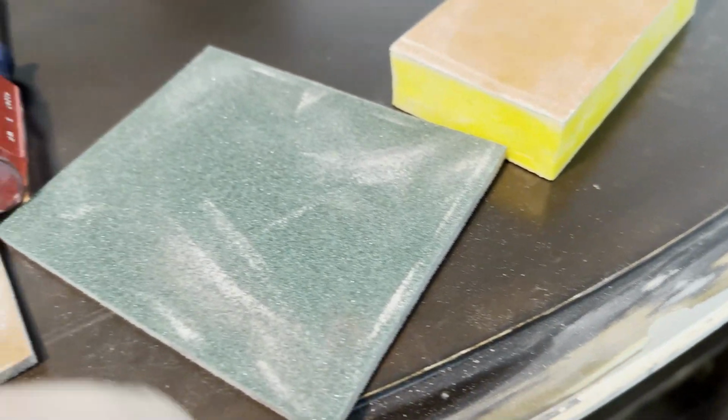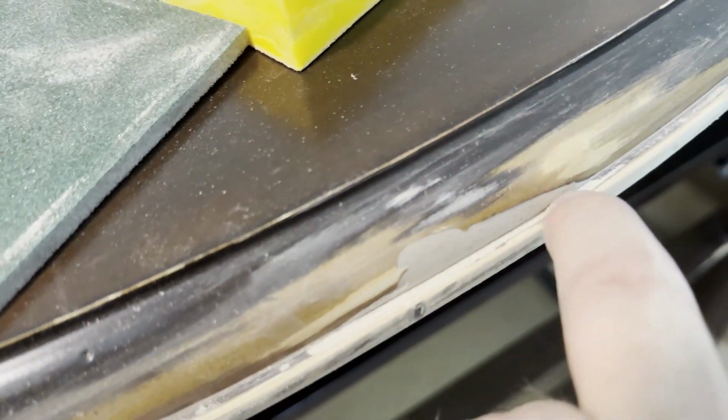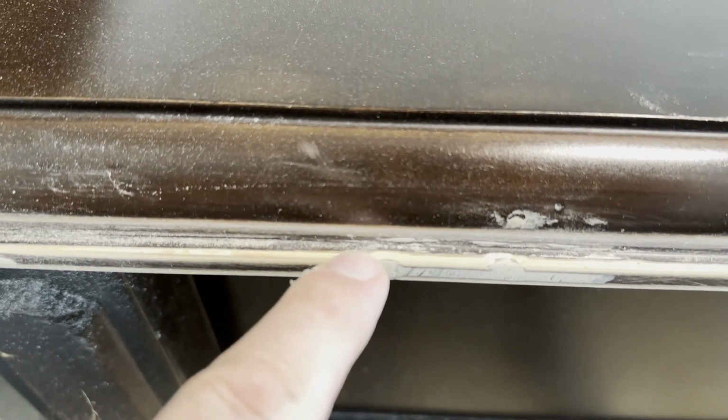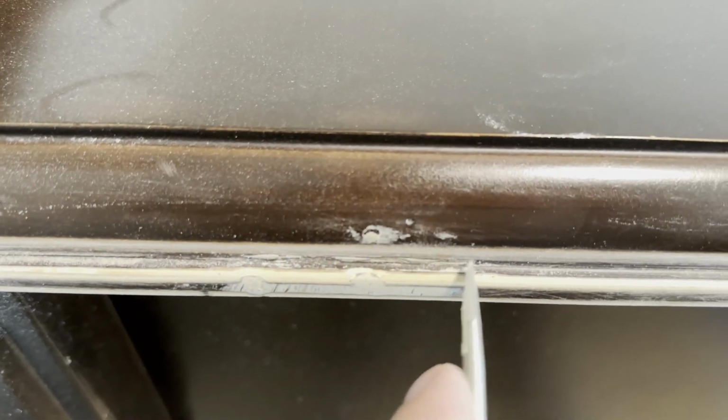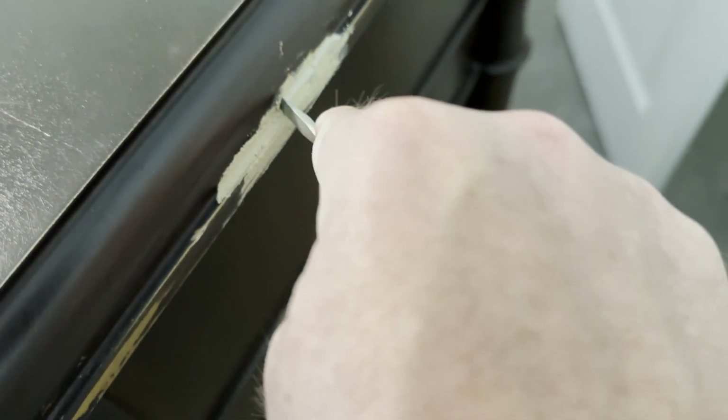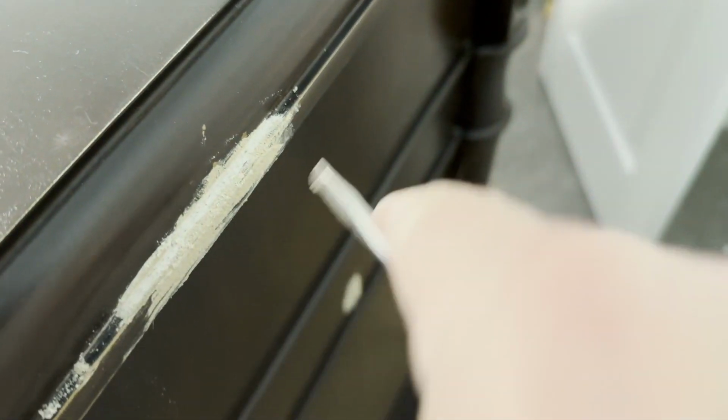One thing I did notice, these are not ideal for getting into hard corners here, so I had to take a screwdriver, and I did a little bit around the side too. Basically there was some heavy filler across this top edge, so I just took the screwdriver and scraped off the heavy stuff. So here's another spot. Basically just take the screwdriver and carefully scrape that heavy filler off to keep your edge before you start sanding. Even though the wood filler is dry, it does scrape pretty easy, and you can keep